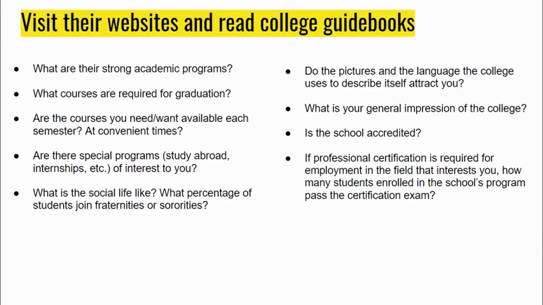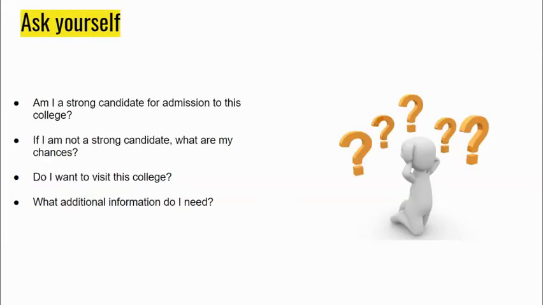Okay, you want to look at accreditation. You want to see if they have special programs you might be interested in, studying abroad, different athletics, maybe a counseling program, maybe other extracurriculars that have to do with social life as well. I know fraternities, sororities, you might be able to find that information on the website. So use the resources in front of you to get the information to help narrow down that list and make decisions on applying.